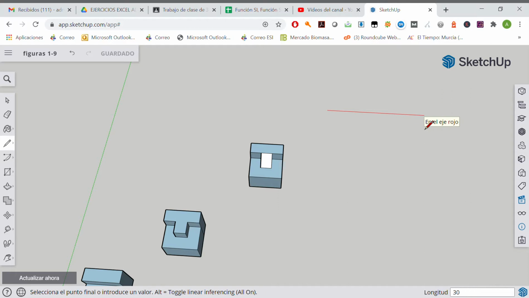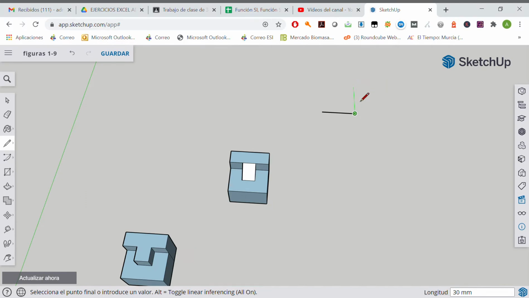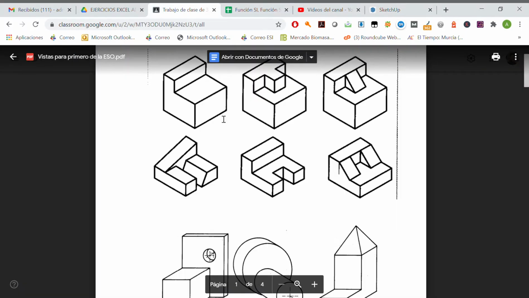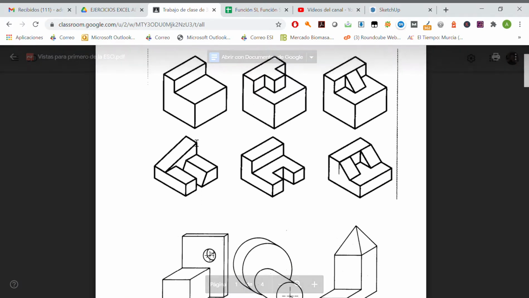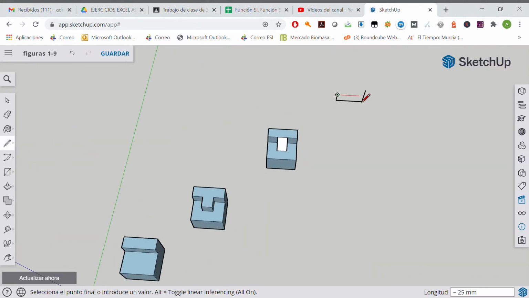Okay, so 30, press enter. That one needs to be in the blue axis, sorry, because I'm gonna draw it vertical. So 20 millimeters, and then that one also in the blue axis, 10 millimeters, and yeah, because that one is 20 millimeters high and 10 millimeters high. Right now I just have to join them, okay,